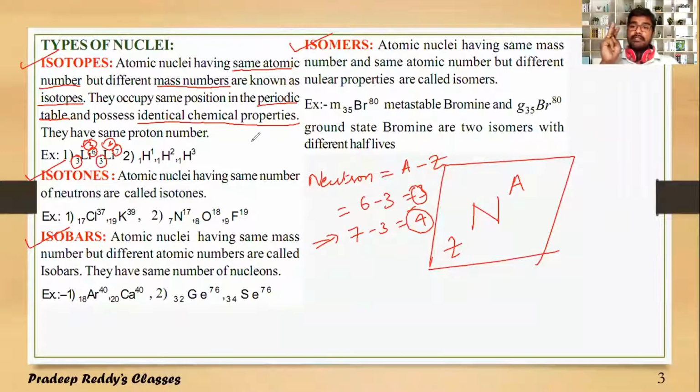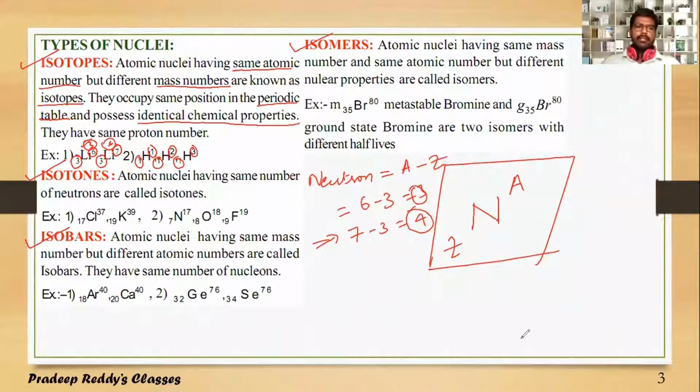Likewise, hydrogen has 3 isotopes. The atomic number is 1 in all the 3 cases. Only 1 proton it has, but the number of neutrons is different. So 1 proton and 1 neutron sum up to give a mass number of 2, and 1 proton and 2 neutrons sum up to give mass number 3. So that is about isotopes. Likewise, there are not only lithium isotopes and hydrogen isotopes, there are many other isotopes for different elements.